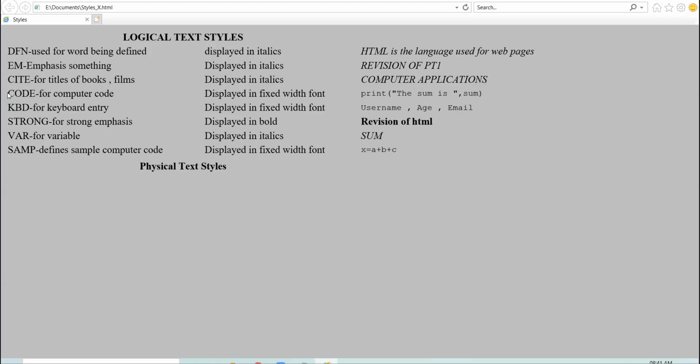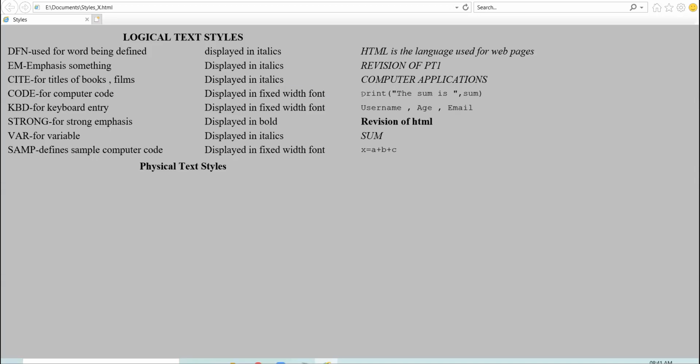Then is the code tag. Beta, this tag is used to display some programming code. Right now you are not doing any programming like C++ or Python or Java. If you want to display any programming statements, you can display them in fixed width font, the monospace font that is mostly used in programming.